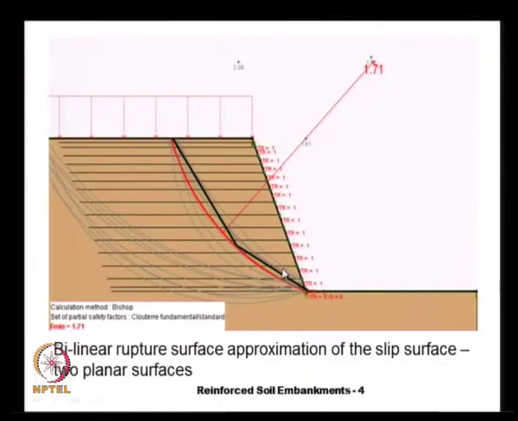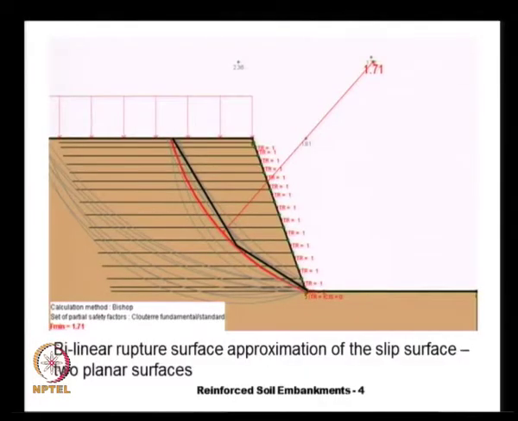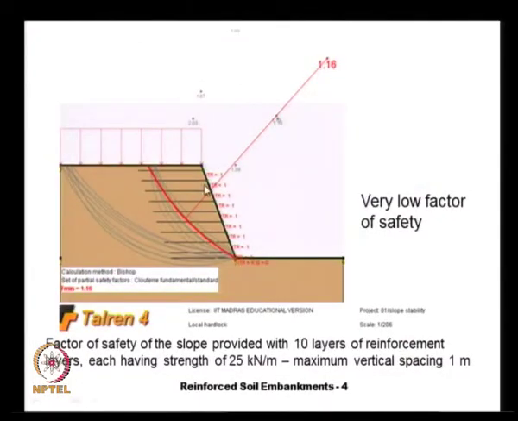We have also seen that this slip circle can be represented more appropriately using a bilinear wedge, or a two-part wedge analysis, which is more appropriate because all the embankments are built using granular soils, for which planar rupture surfaces are more appropriate than curved rupture surfaces. We have seen that we can redesign that slope using the two-part wedge analysis, and the design quantity of reinforcement was 10 layers, each having a